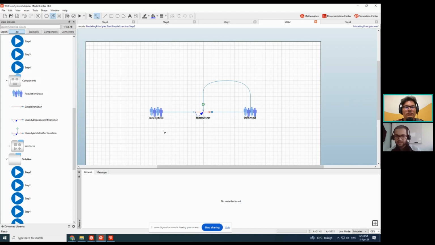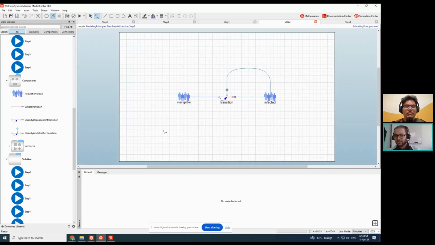Okay, the next step is in our SIR model we have the susceptible, infected. Now we want to add a new group to it, that is a recovered group. So let's go and add our new group to our model. So let's drag the population group here, and you could see that I'm out of space